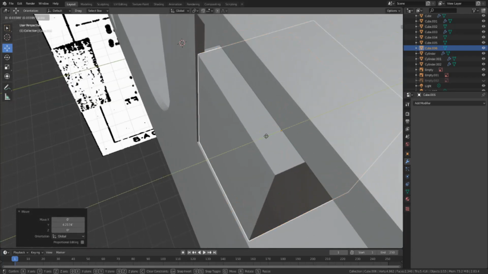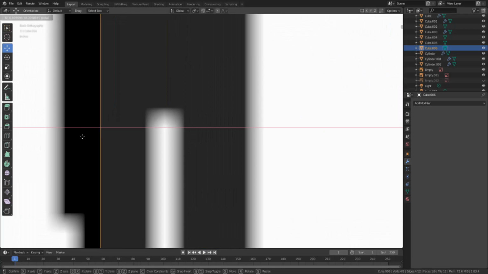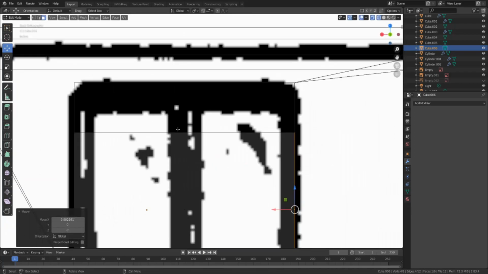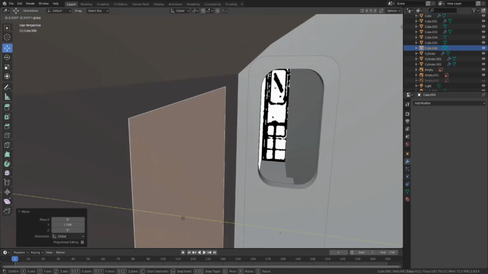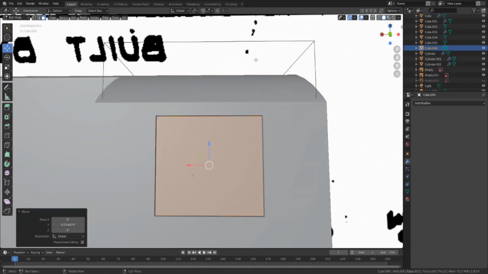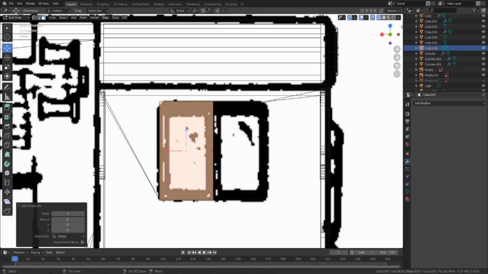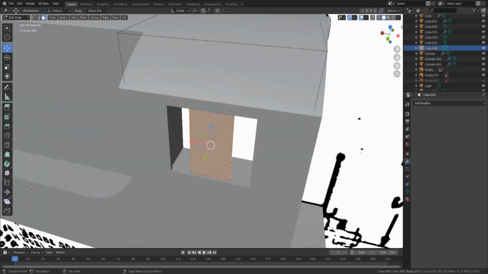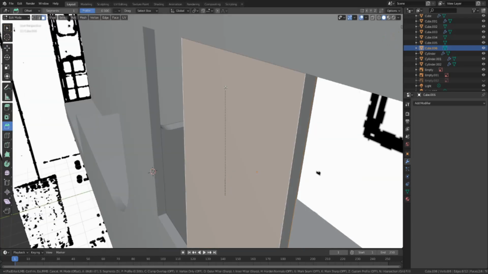So now we're just adding the windows, and I'm actually going to try and figure out a new way to add glass, but we don't do that in this video anyways. And then right there I'm just scaling it down, trying to get it so they match on both sides, and then I think I use a bool tool here, but yeah, you can see